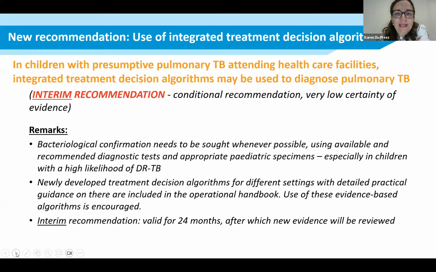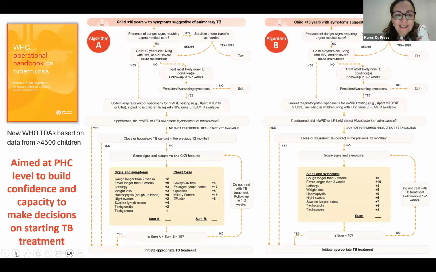Then they also had a recommendation on the use of integrated treatment decision algorithms to diagnose pulmonary TB. I think this is quite exciting, because the treatment decision algorithms that they released in the operational handbook were a synthesis of data from more than 4,500 children. But this is an interim recommendation, and they're also looking for better data to validate these algorithms, because a